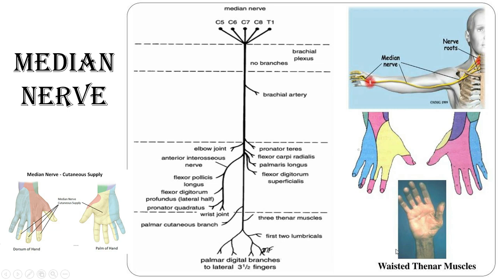And due to median nerve injury, there will be wasting of the thenar eminence. This wasting will be very obvious, because I already showed you the nerve degeneration physiology. Due to the conduction block, this is the first clinical finding, that muscle wasting, not atrophy. Again I repeat. And you have to just mark up the root value also, because that will be the most common question they will ask. And before entering the wrist joint, there will be a small pseudo ganglion over the median nerve, and median nerve has a small blood supply. It comes from the anterior interosseous artery, which is a branch of the ulnar artery.